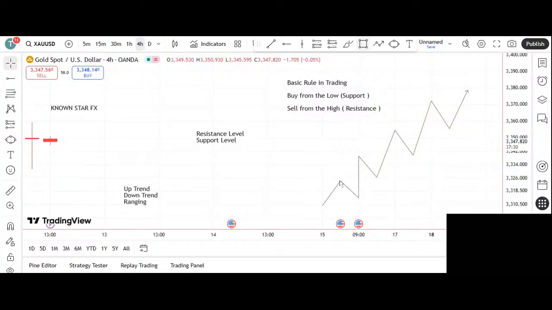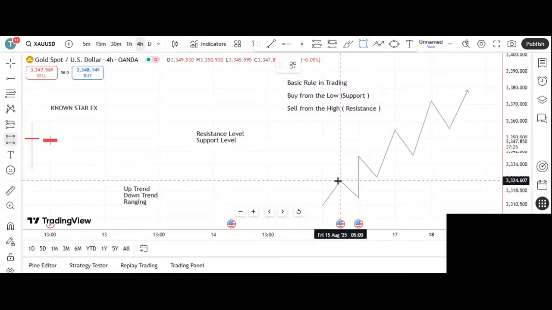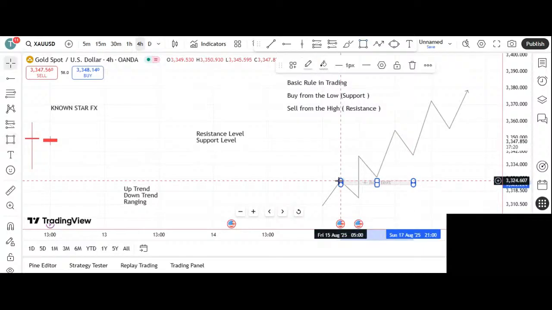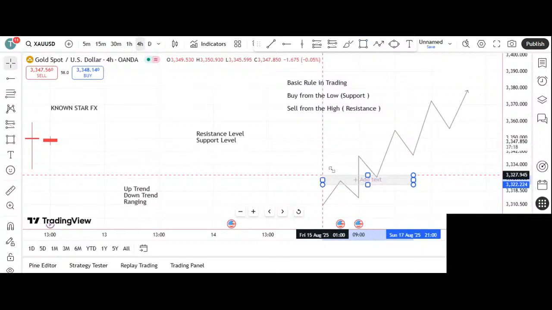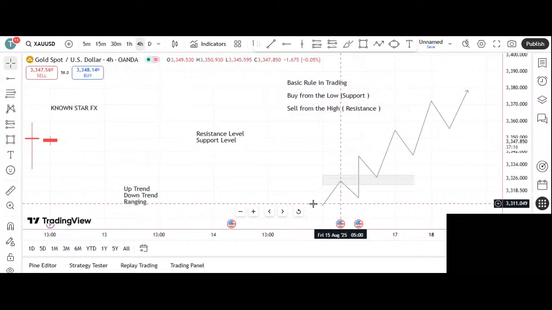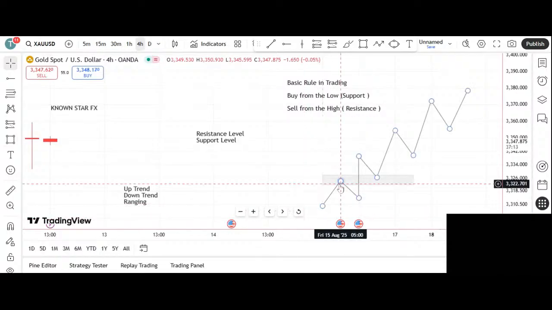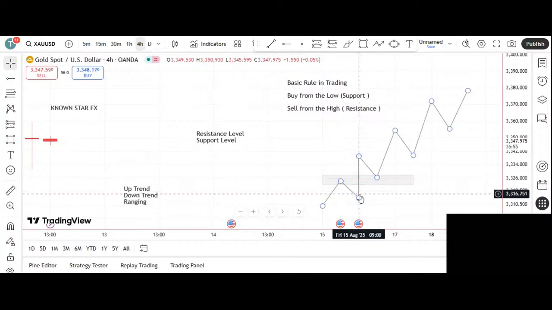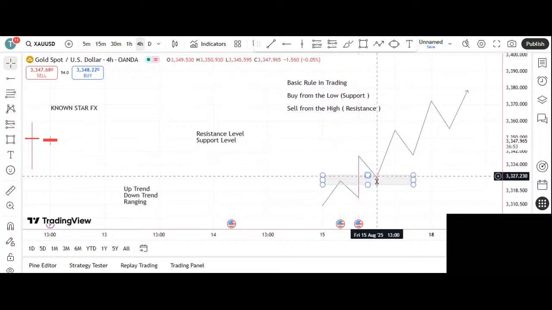Now, as of this market movement, this was a high. Initially, when the market was coming to this zone right here, this zone was a resistance level because it was the last high as of this current trend, as of where my cursor is. This was the high. When the market broke that high to the top side and came back to do a retest,